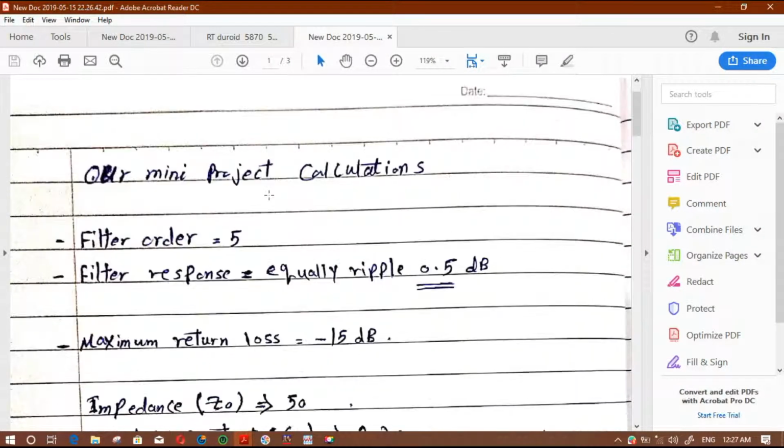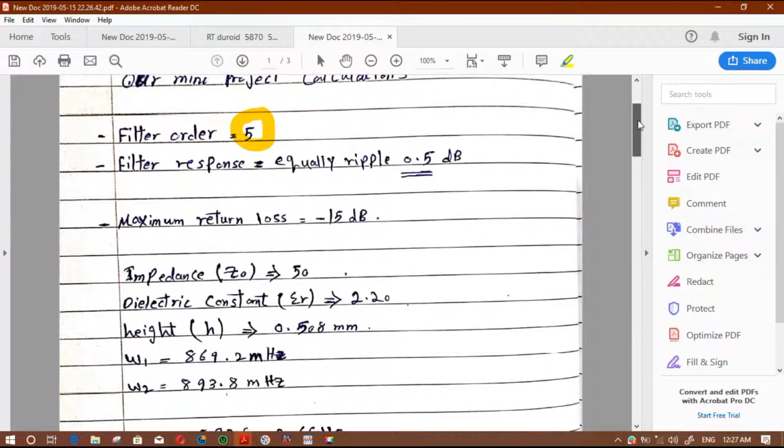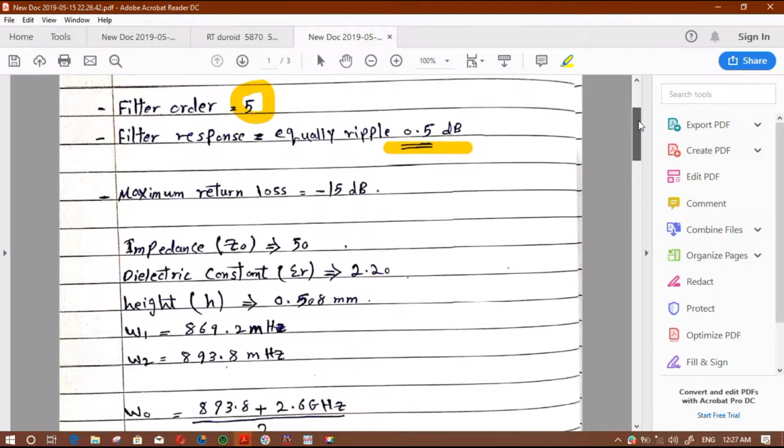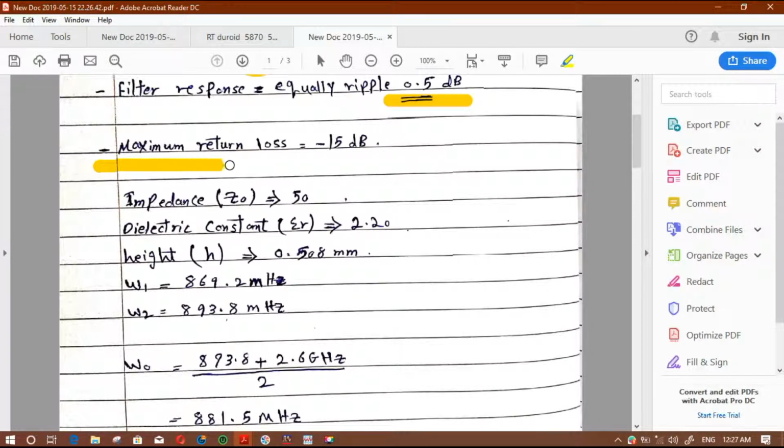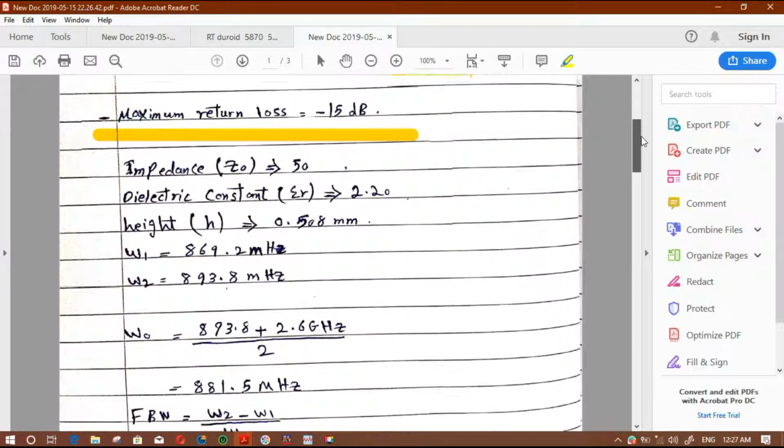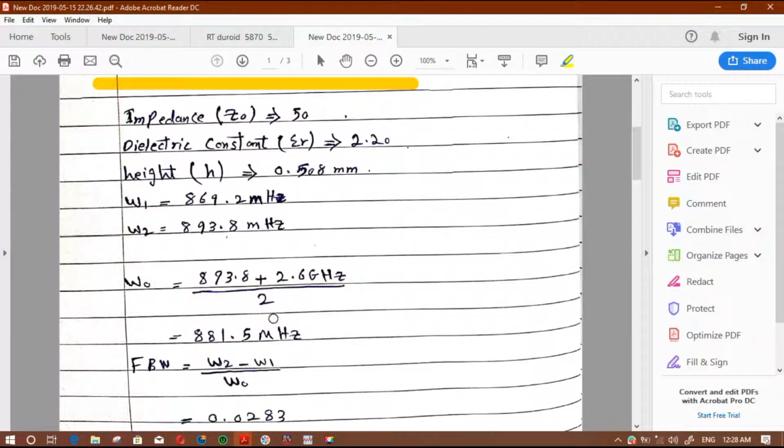In this calculation, we start with the filter order, which is three, not five, by the way. Sorry for this mistake. And the filter response, which is equal ripple, 0.5 dB, and maximum return loss minus 15. And also, we don't forget the center frequency, which was 881.5 megahertz. You can easily calculate the center frequency using this formula. Just put in your upper and lower frequency